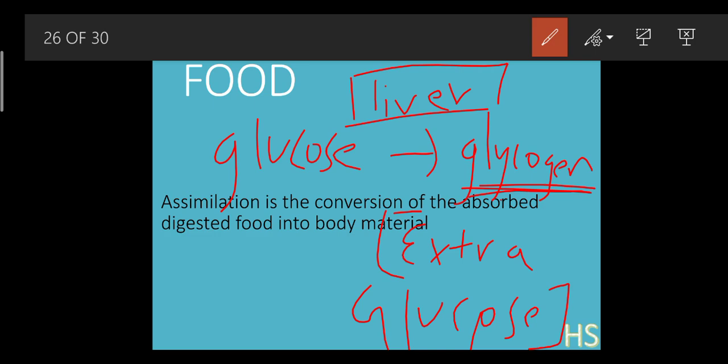So in case whenever we need this extra glucose, from where are we going to get it? We are going to get it from this glycogen. Okay, we get it from this glycogen. So whenever our body needs it,